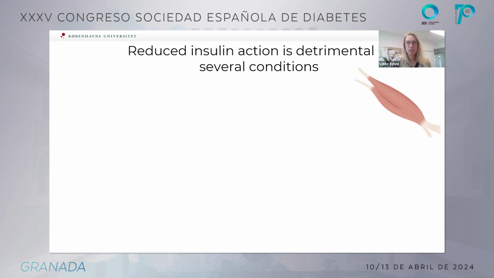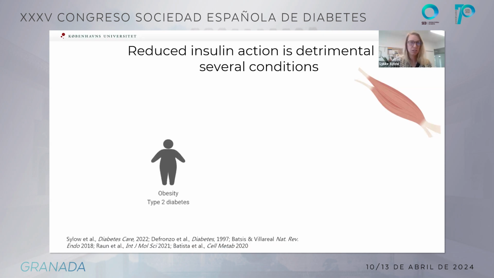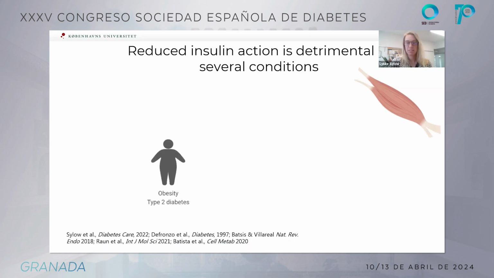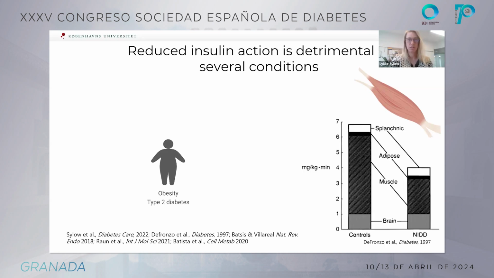The outcomes of insulin action, such as lowering blood glucose, are really reduced in many common conditions, including obesity and type 2 diabetes. And here there is mounting evidence that the skeletal muscle is truly an important tissue in this regard. This was first suggested by work by Ralph DeFronzo, showing that in healthy, insulin-sensitive subjects, the vast majority of the glucose in the body